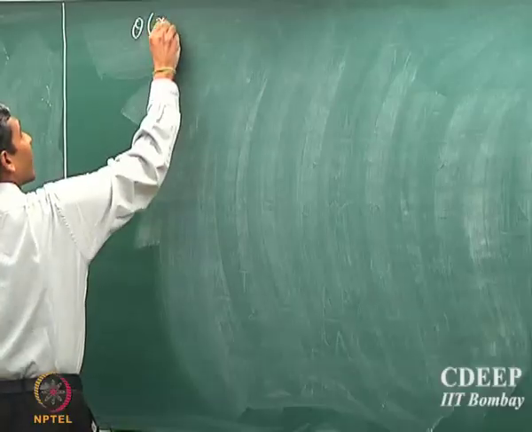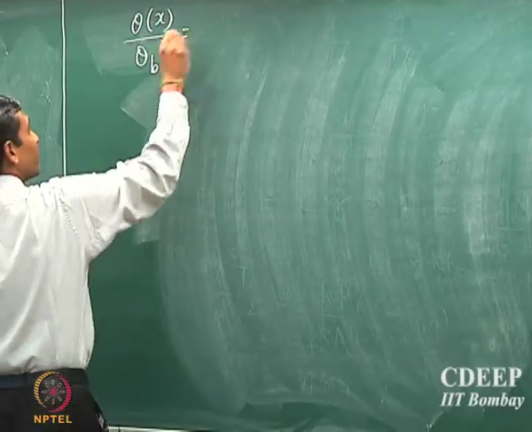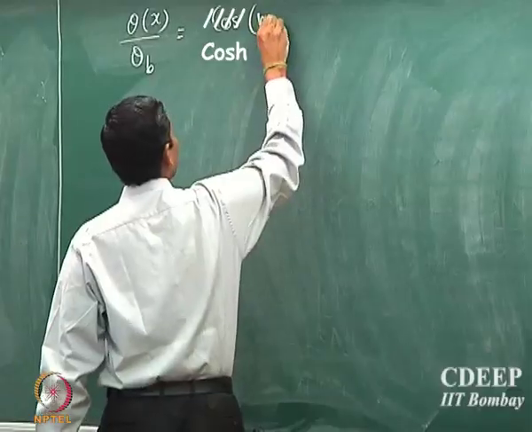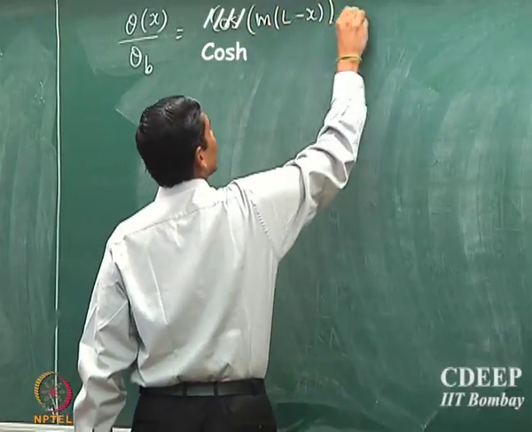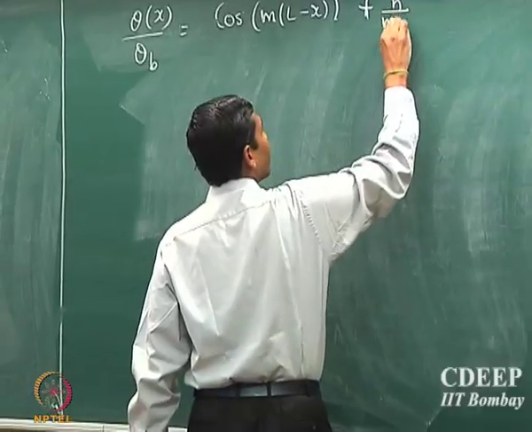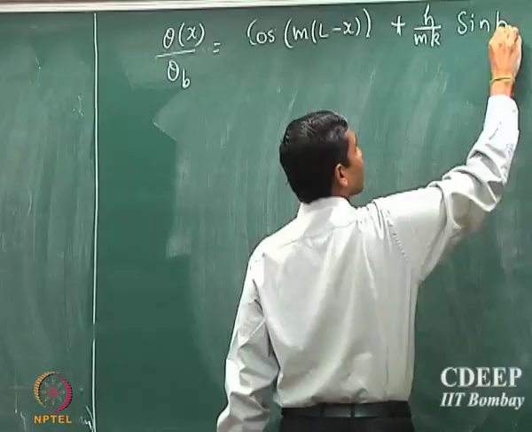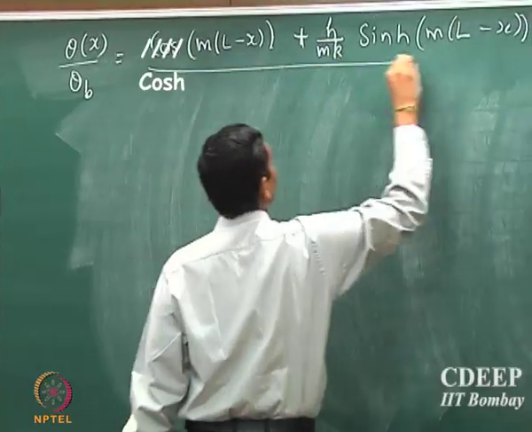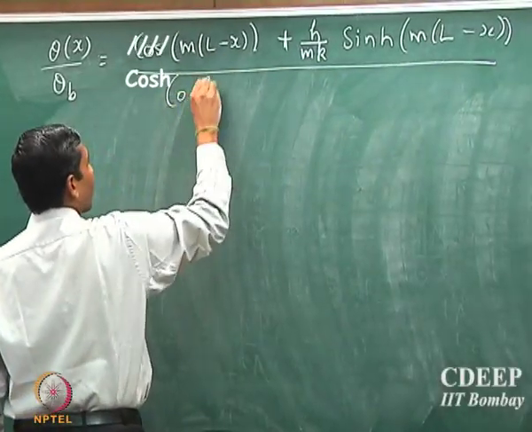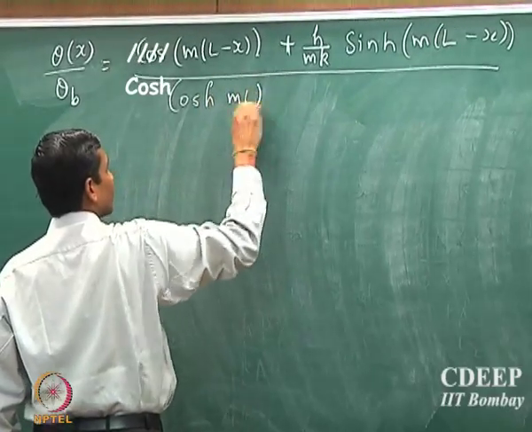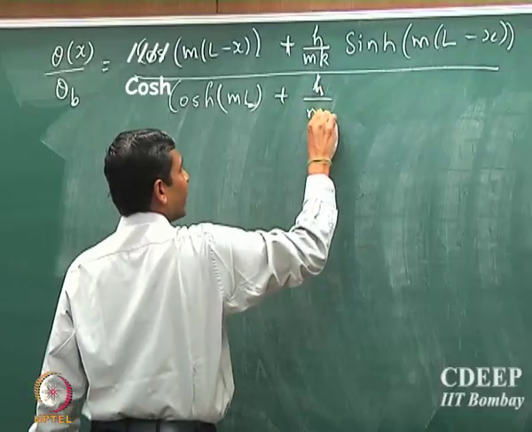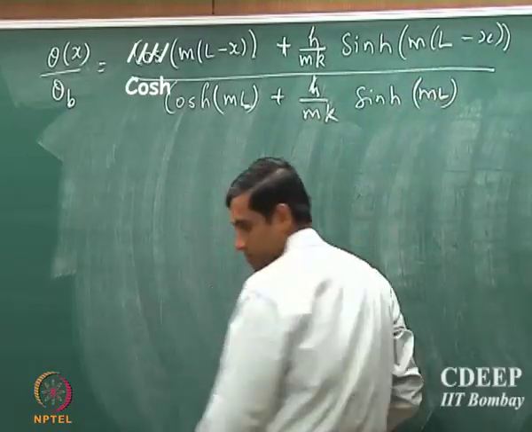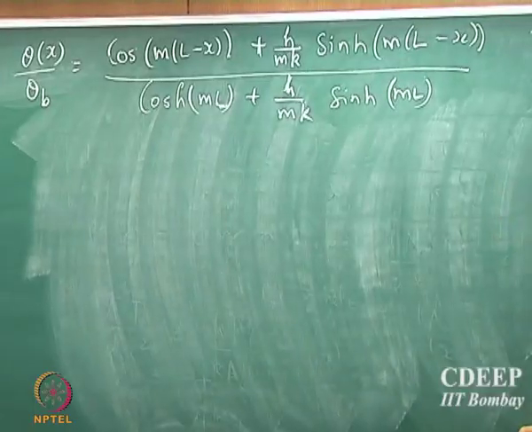So, theta x by theta b, which is the base temperature, is given by the ratio cos hyperbolic m (L minus x) plus h by m k sine hyperbolic m (L minus x), divided by cos hyperbolic m L plus h by m k sine hyperbolic m L. Okay. So, that is the solution,